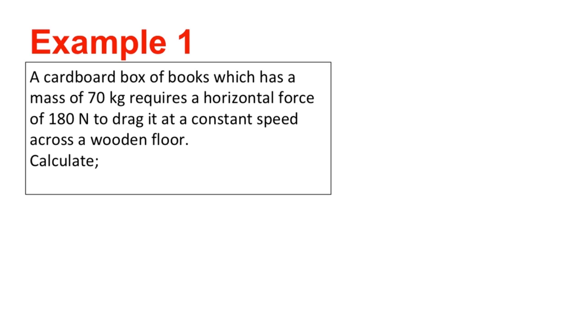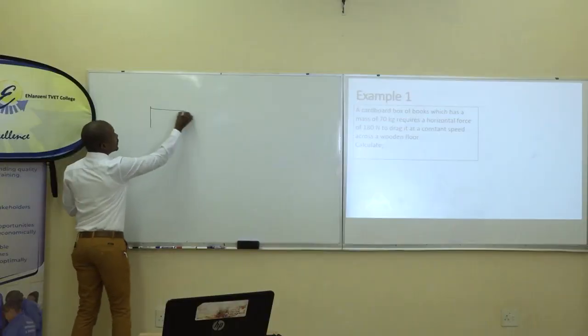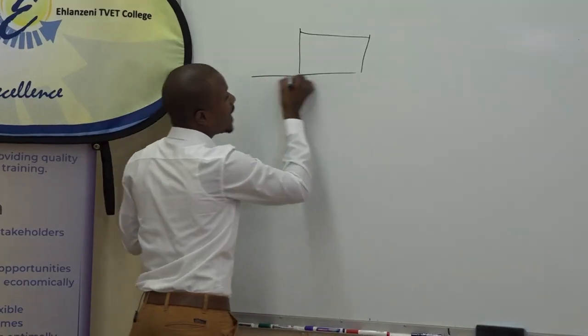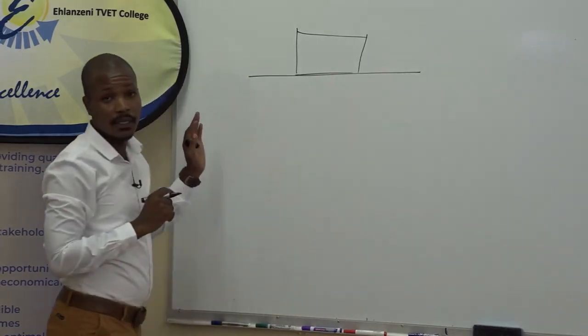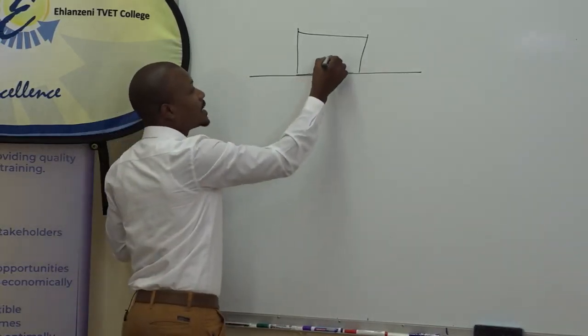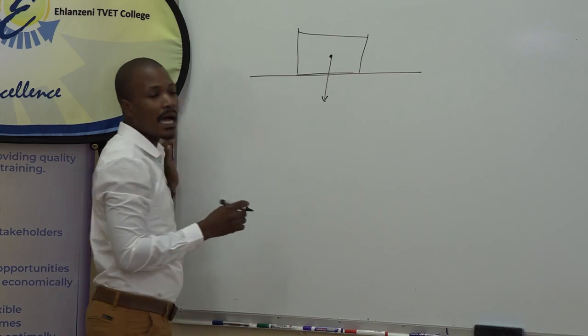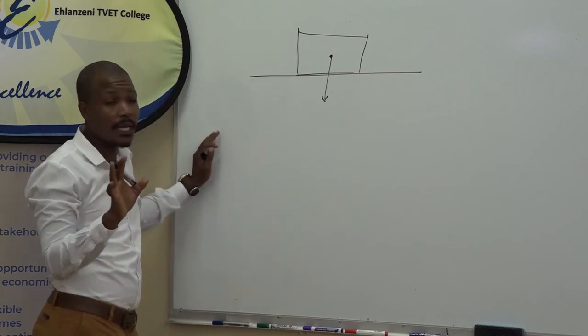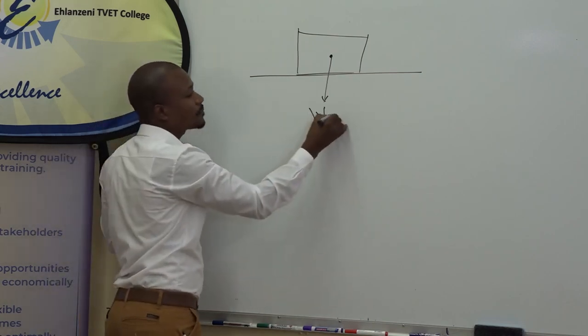For you to calculate this, we must go back to the nature of this cardboard box which is placed on a horizontal plane. Now, remember, we said this cardboard box or whatever object which is placed on a horizontal plane will be affected by